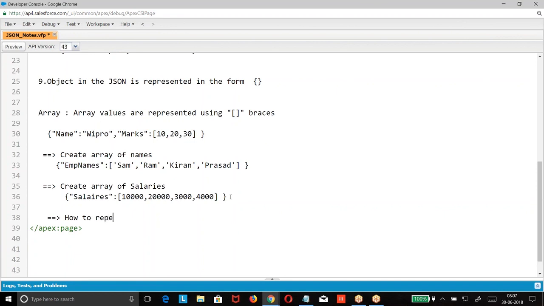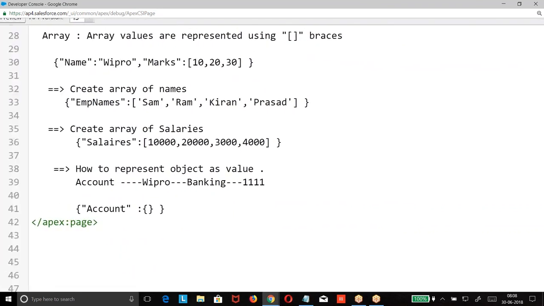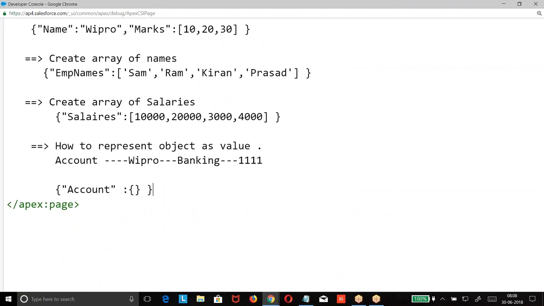How to represent an object as well? Account, pro. This is the data. So how will you represent? Account, value is object. Object will be represented with the curly braces. So in the object what do we have? Name,